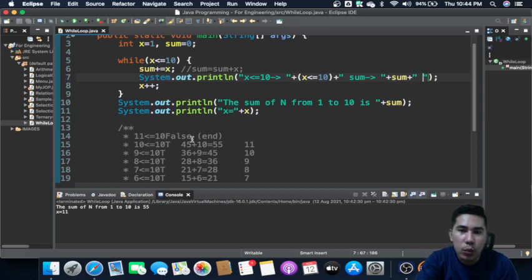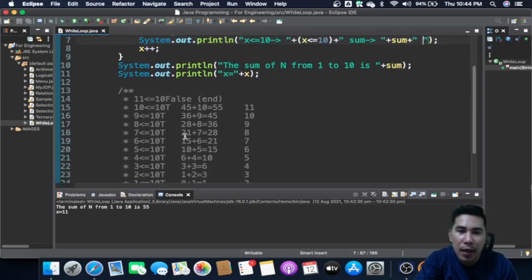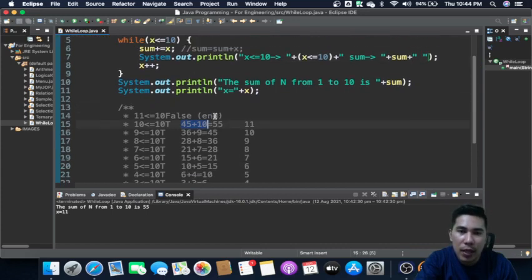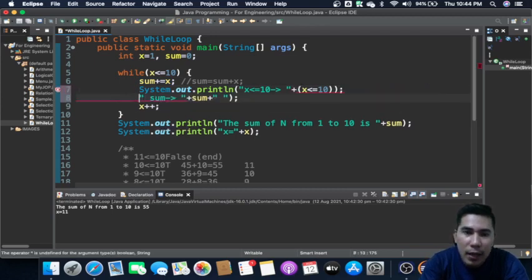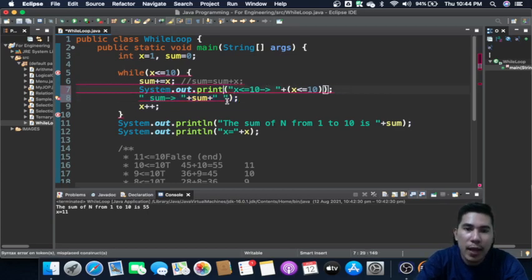If you want, we can also display it this way, sum plus x. Yeah, we can do that. Let's just separate them, and use a print line.